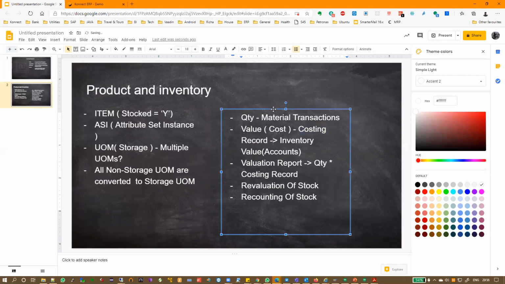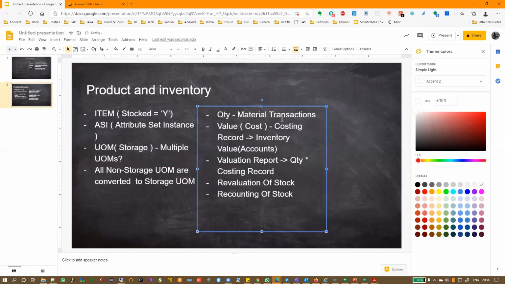Okay, this is item number 2 relating to product. Now there is a third aspect to it.